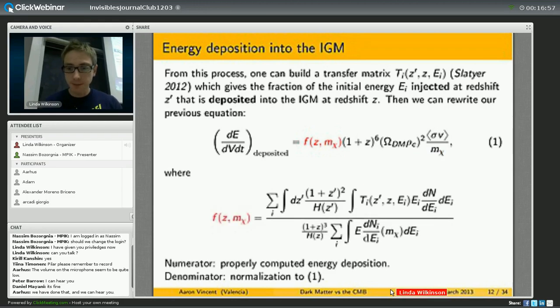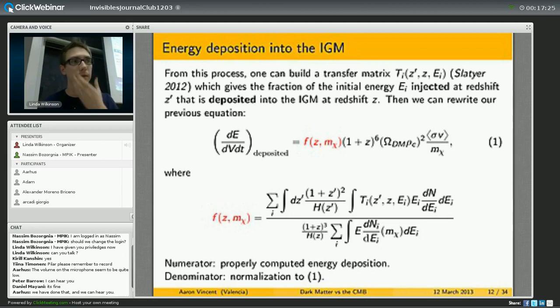So this energy deposition efficiency, don't get scared of this expression, is such that the numerator here is what gives you your properly computed energy deposition, and the denominator here is nothing but a normalization, so that we can use this form here as before. A question. So why is the 1 plus z